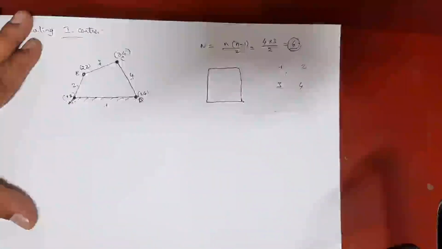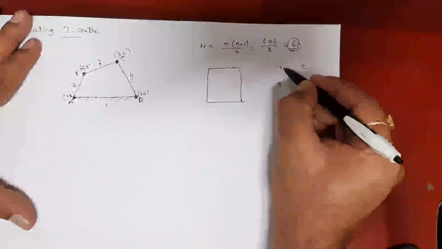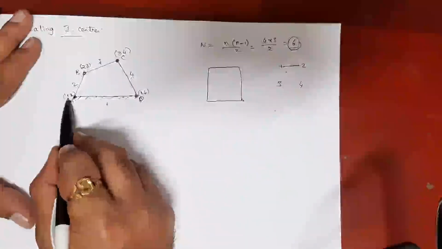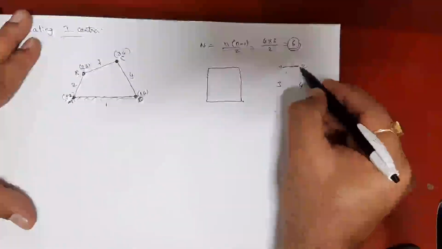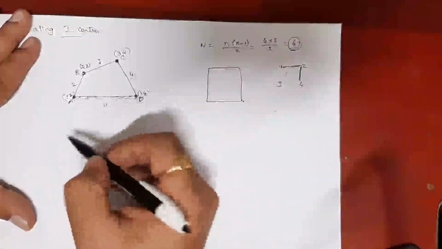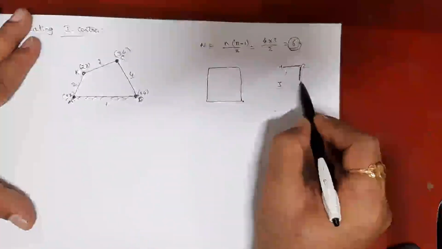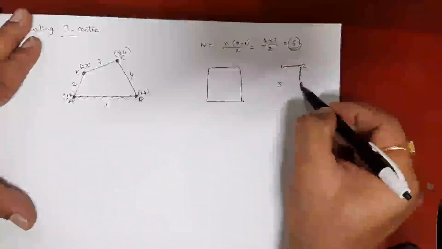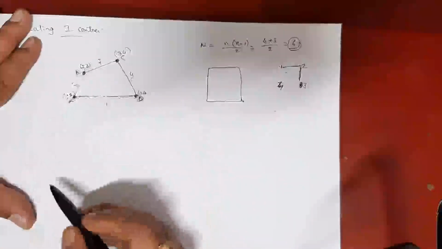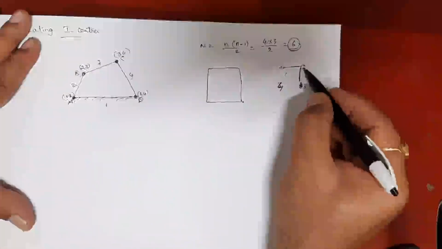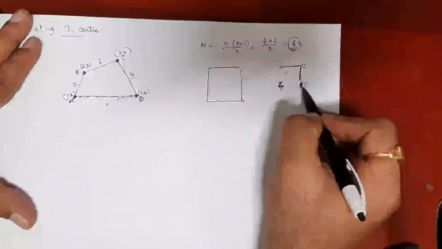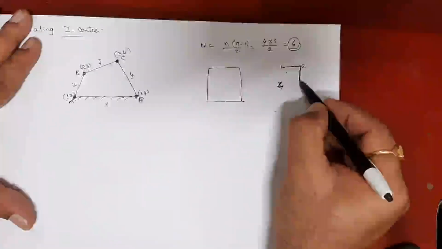Now I am connecting 1 2 here, so this is instantaneous center I12, and I am connecting 2 3, which you can locate here. 1 2 you already located, and 2 3 we already located, so 3 4, you join 3